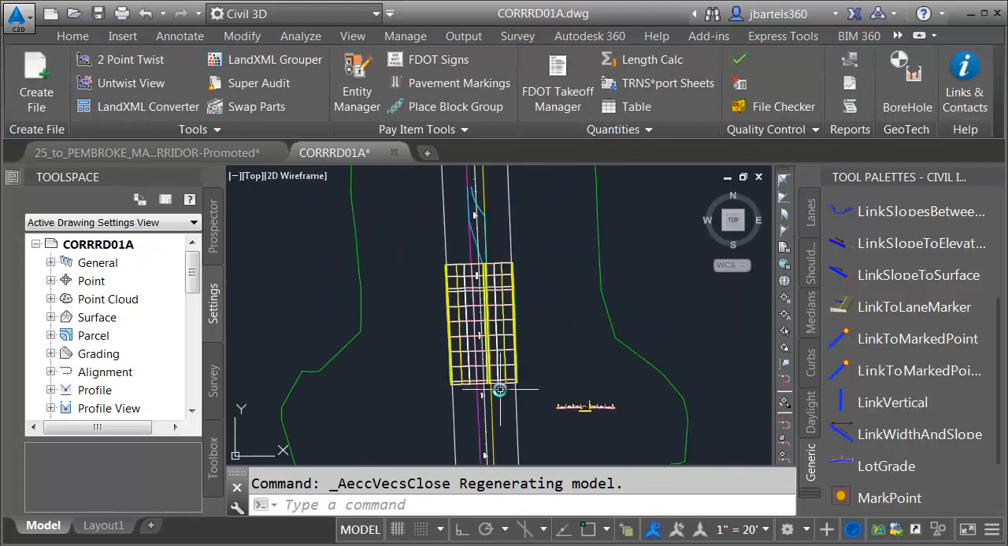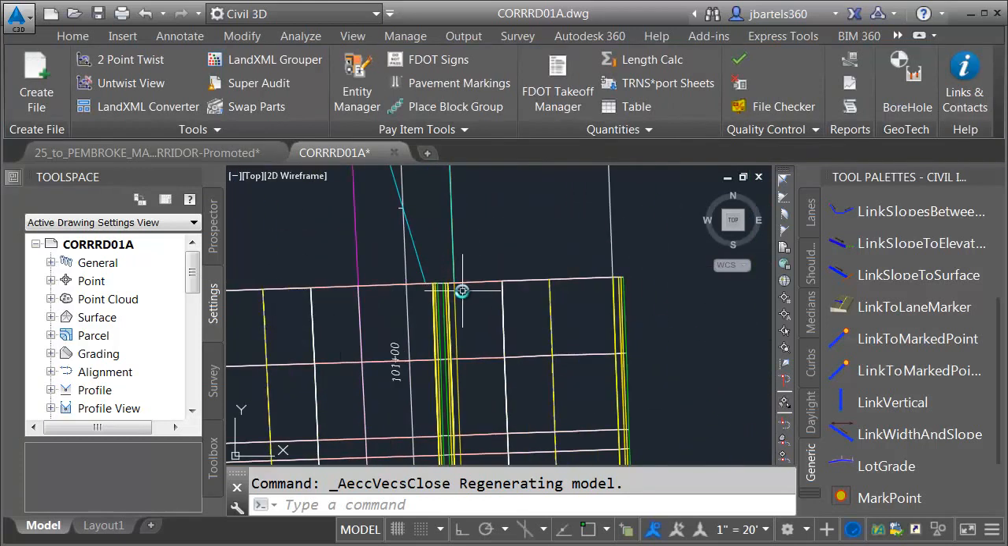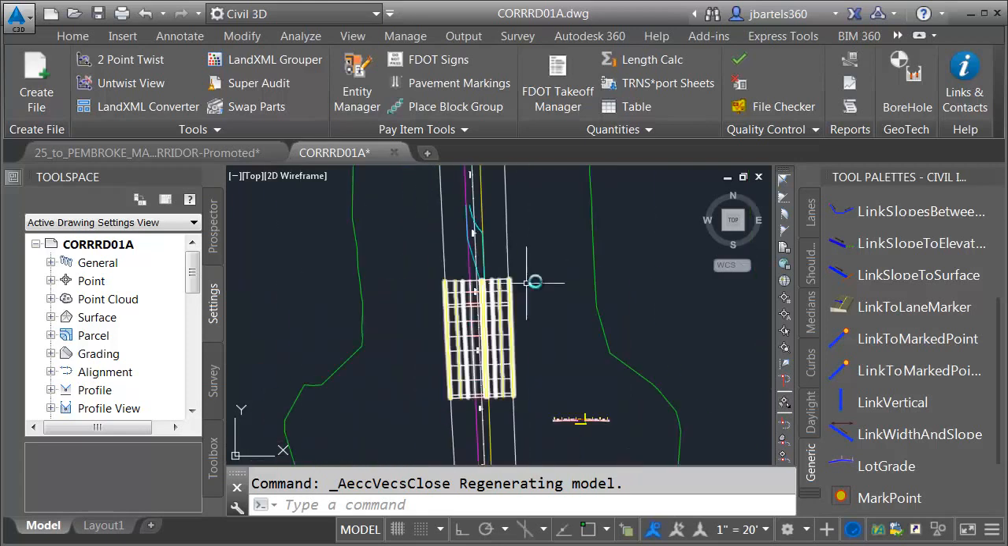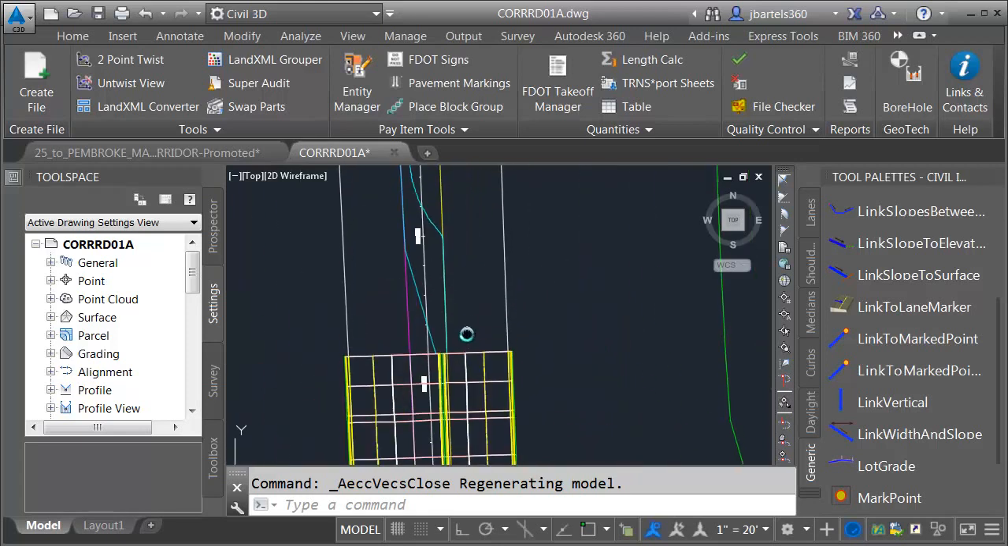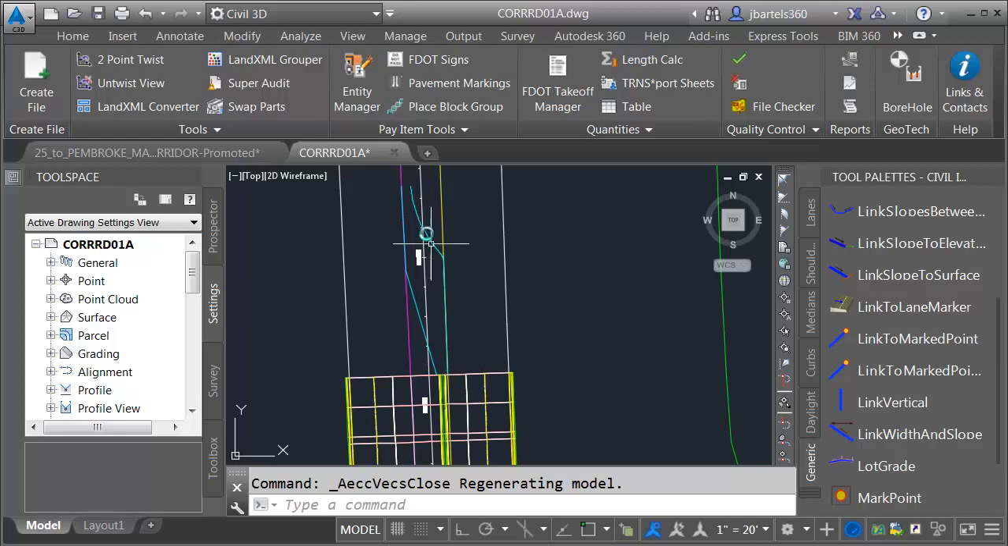So at this point we have our corridor model taken care of all the way up until we get to the median. In the next session we will complete this part of the corridor by drawing the corridor